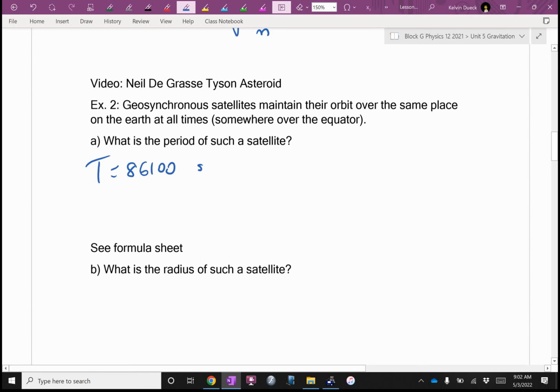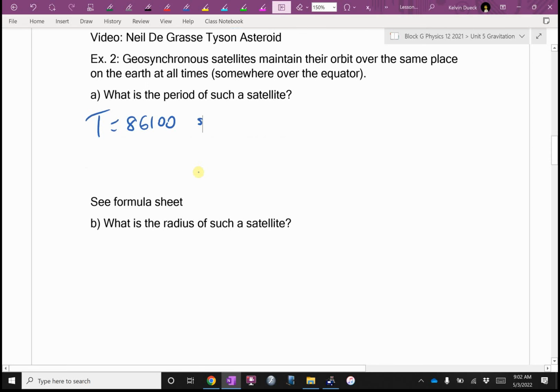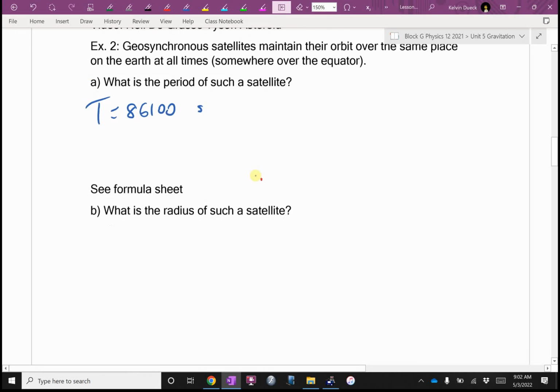Okay. So this, by the way, is really, really useful. Most of our communication satellites are geosynchronous. Why? Because they stay in the same location relative to the Earth. So you can point the satellite dish at that communication satellite, and you don't have to adjust that satellite dish. It's going to stay there. What would the radius of such a satellite be? Well,